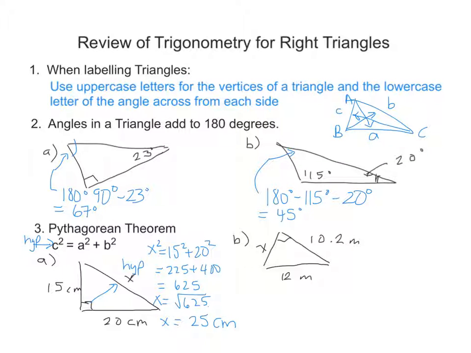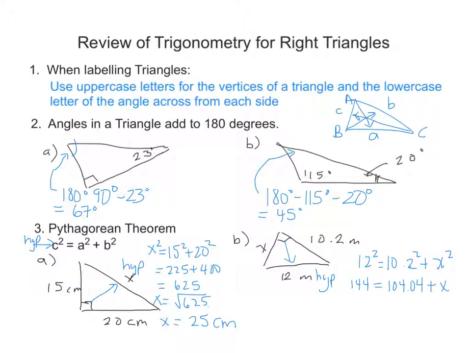centimeters. Now in part B, the hypotenuse was given as 12 meters. So this time when we fill in our c squared, it's 12 squared is equal to 10.2 squared, plus x squared. So x is one of our shorter sides, and I'm just going to see if I can tidy that up a little bit. So that should be 10.2. So 12 squared should be 144. I have a 10.2 squared, and I get 104.04